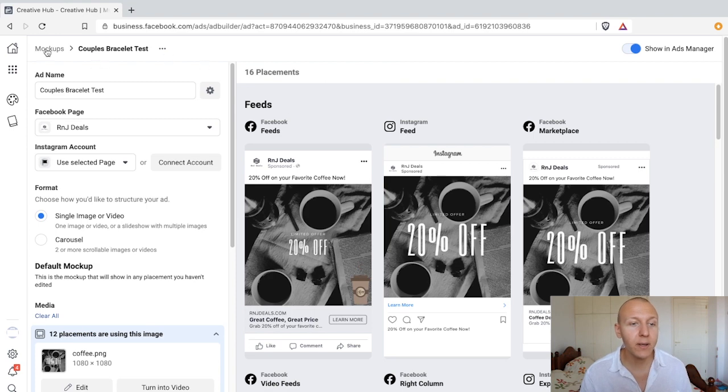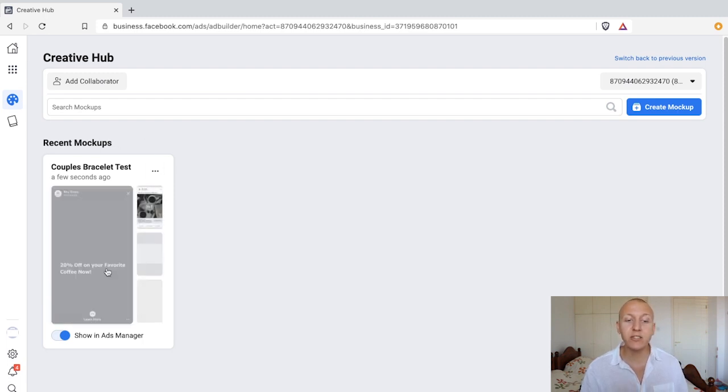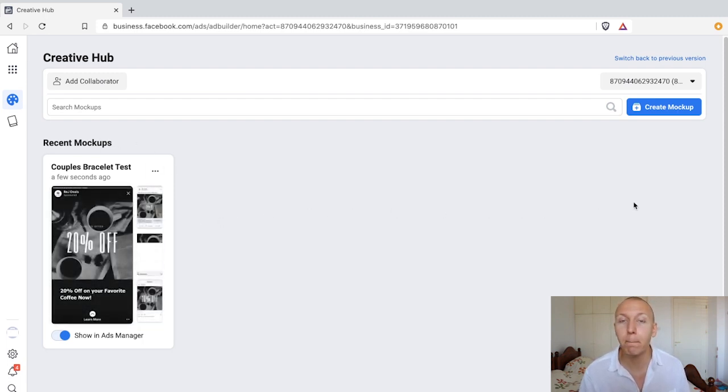So what I can do from here is that I can go to mockups because I just want to show you what it looks like. And then we can see here is the recent mockup. And this is just one of the designs, and we can save down a big bunch of designs. Now, if we don't want them to be usable, if they're still work in progress, then we're going to turn this off. But if we want them to be usable, if we're happy with them, then we turn them on,